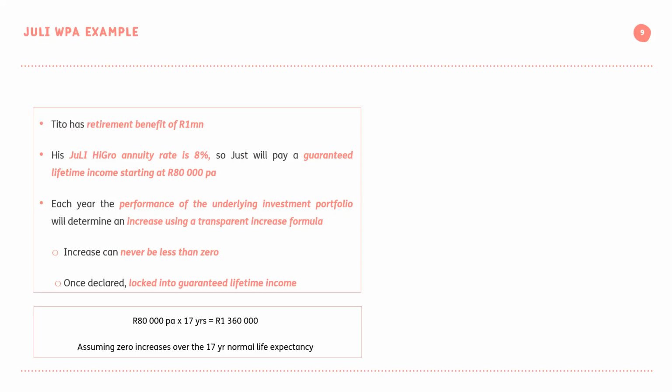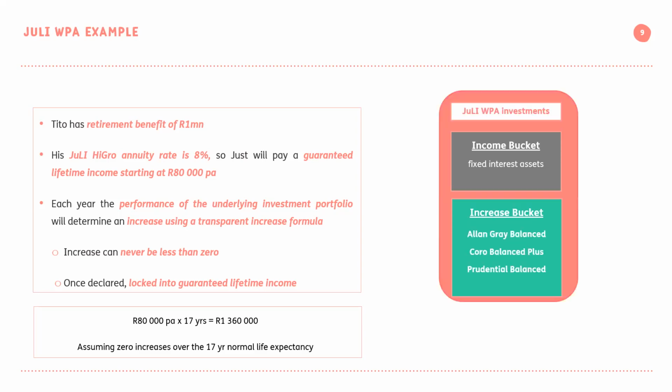the investment portfolio. Now, as I mentioned before, this is an investment-driven product, so you can look at it as two buckets that we create when we receive the R1 million of capital from the retiree. The first bucket is the income bucket, and that's the bucket where we go to the market and buy nominal bonds and structured deposits in order to be able to provide that guaranteed cash flow of 80,000 Rand a year for 17 years. The second bucket is a capital or increase bucket, a growth bucket, and that's where we take some of the capital and invest it in one of the portfolios that the client chooses.